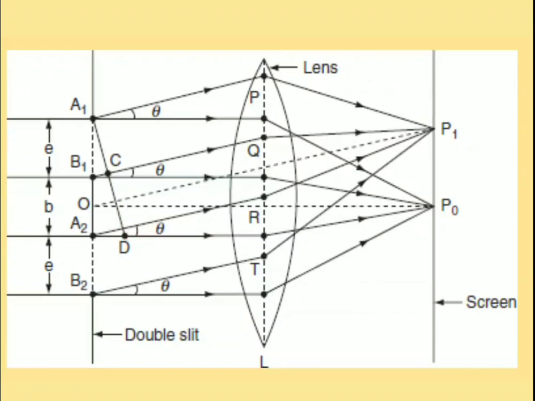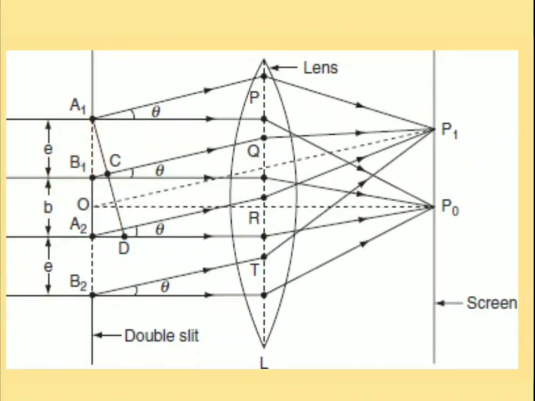Now here we apply the same technique we used in the case of the A1 B1 C triangle. Here D is a perpendicular, so the side opposite the perpendicular, that is A1 A2, is called the hypotenuse. Now from triangle A1 A2 D, sin theta is equal to the opposite side, that is A2D, by the hypotenuse, that is A1 A2. In place of A1 A2, we just replace it by the value of e plus d.